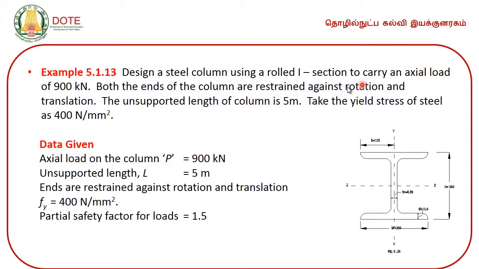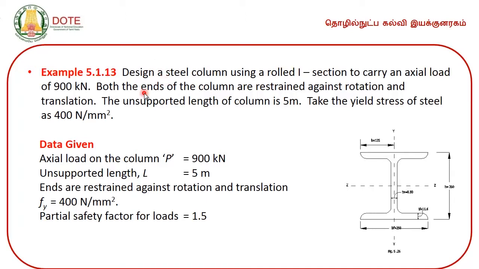Design a steel column. The only difference is that this is not a similar type of problem because this is a design problem. So, previous problems are dealing only with finding the design compressive strength of the given member. So, that is an analysis type of problem, and this is a design type of problem. In the sense you have to select a suitable section